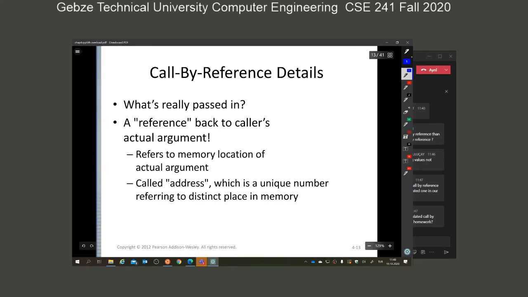Okay, let's move on then. So what do you really pass in? A reference back to the caller's actual argument. Okay, so you are sending a reference. Reference means that you are actually